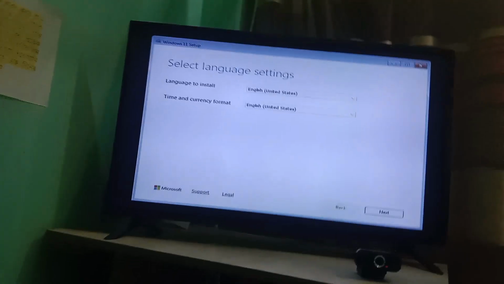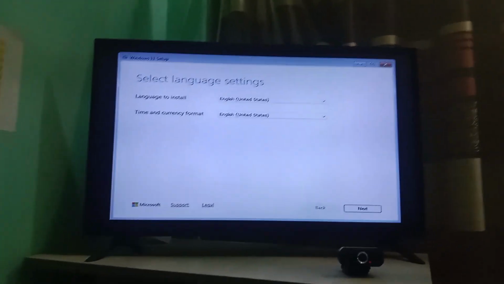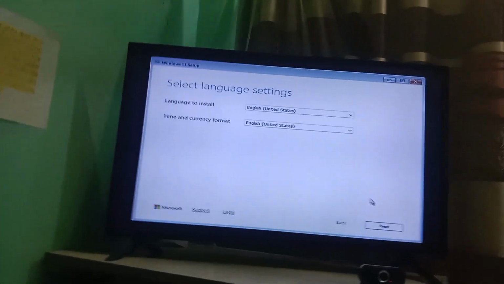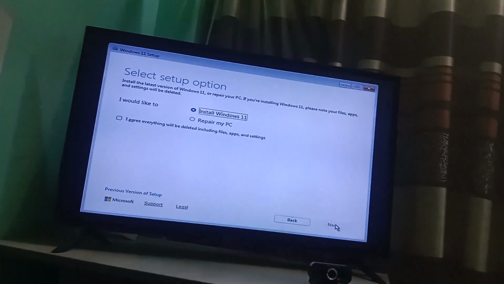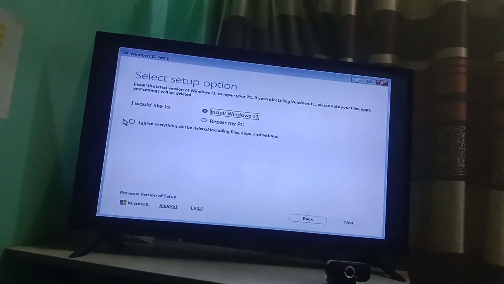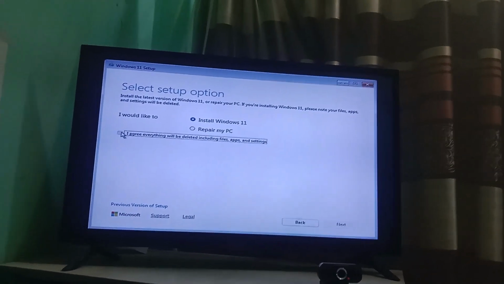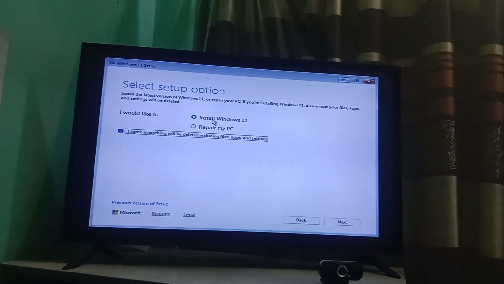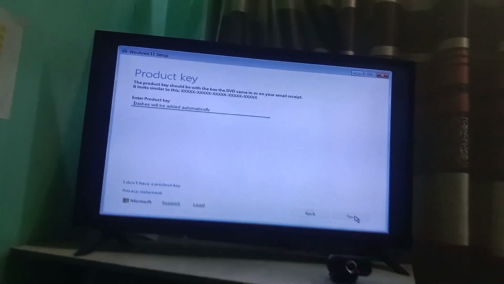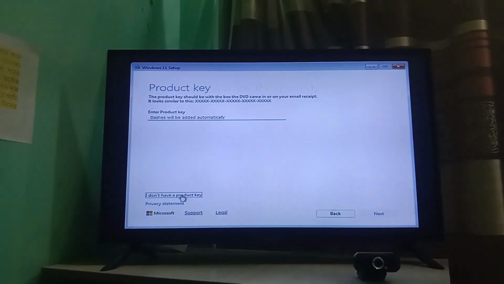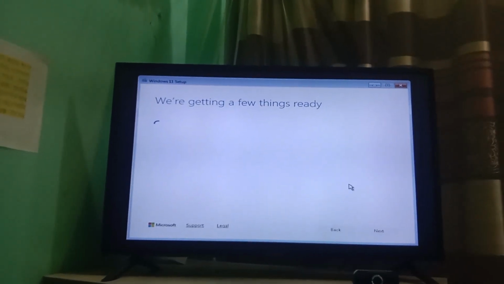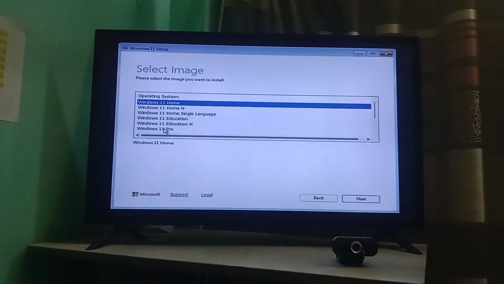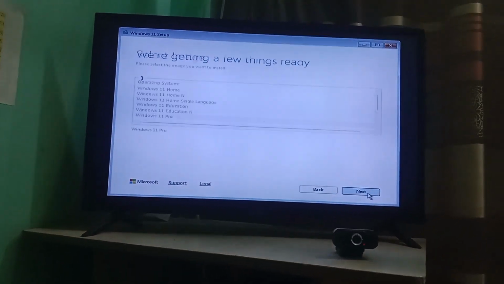So our Windows setup is coming here. So you have to change, click, everything fine. So next, install. Okay, agree button and click the install. Just click next. Product key, I do not have a product key. So I am trying Pro. Next,